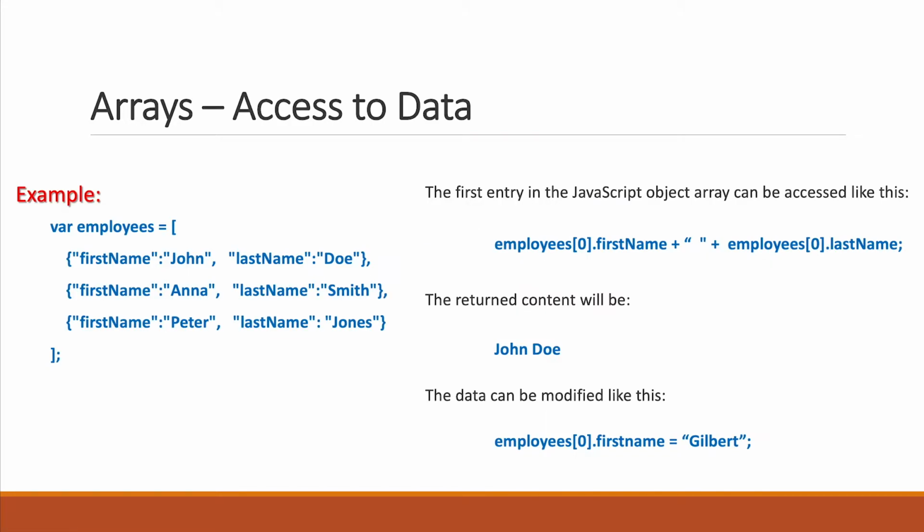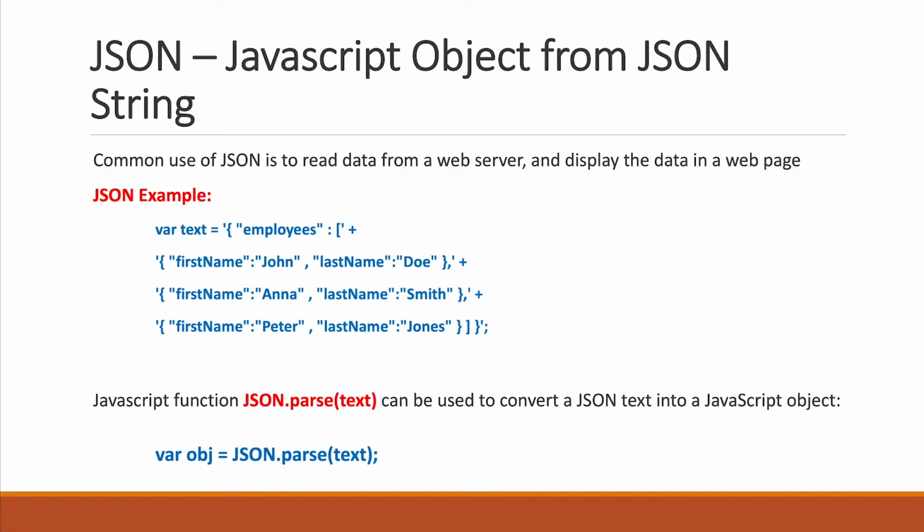This is an example of how to access the data of arrays. For example, I have a variable of employees. The array contains three objects, three people: John Doe, Anna Smith, Peter Jones. So we can use 0 to reference the first item in the array, for the first name. The common use of JSON is to read data from a web server and display the data in the